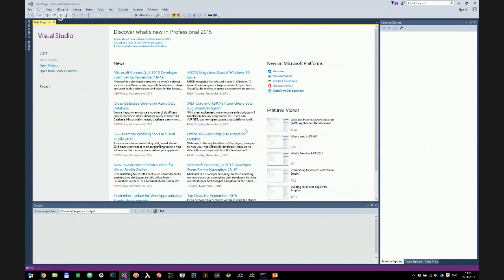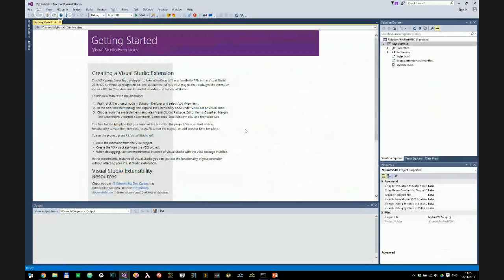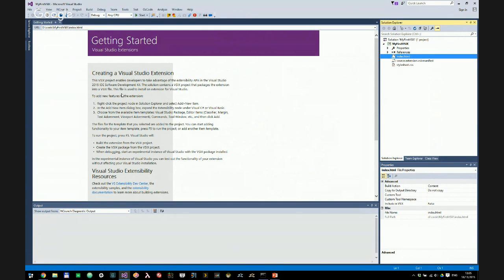Now, if you have done this before, if you have some experience with creating Visual Studio extensions, you would expect a wizard to appear here. Like I mentioned, they streamlined this experience and moved everything to project and item templates. And when you create a new V6 package, what you end up with is this screen. This is essentially a V6 package that contains an index HTML file, which you can see here, that contains some information, and a style sheet for that. We don't need both of them, so I'm going to delete them. And what we are left with is